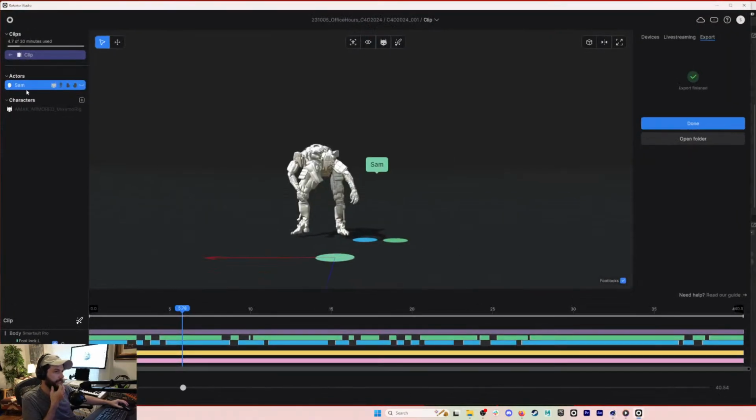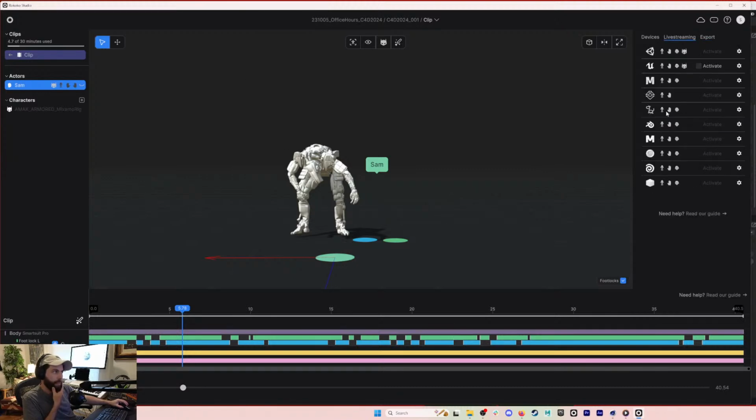Now in Rokoko, if we go to live streaming, we can't just turn on Cinema4D. If you're in R23 or before, you can. But in R23 and above, so it's R24, R25, R26, 2023, and 2024, you need to create a custom connection. You need to put it on